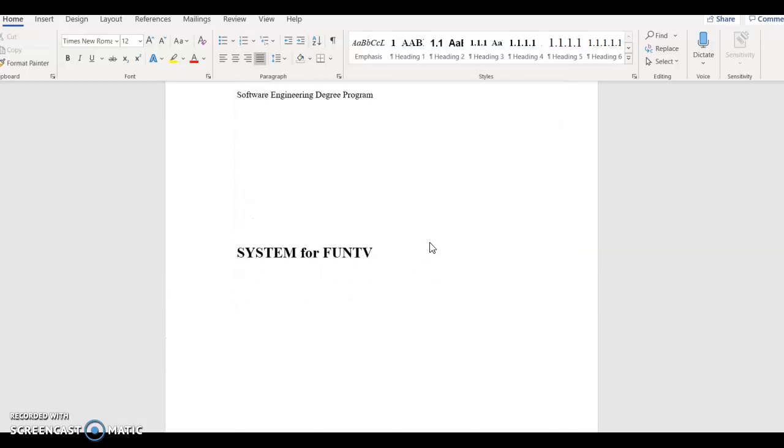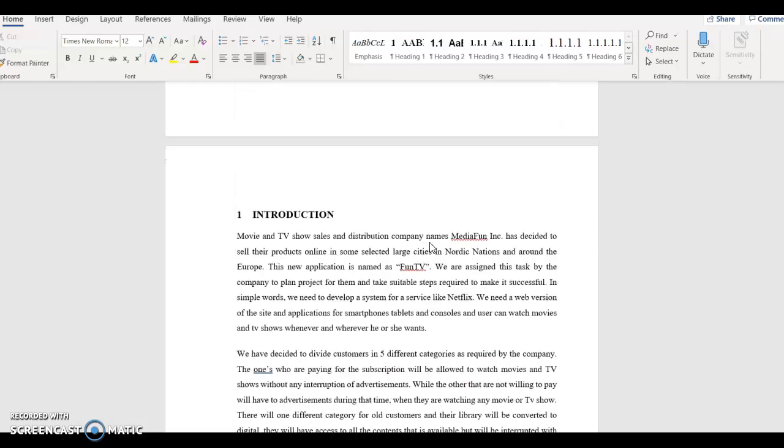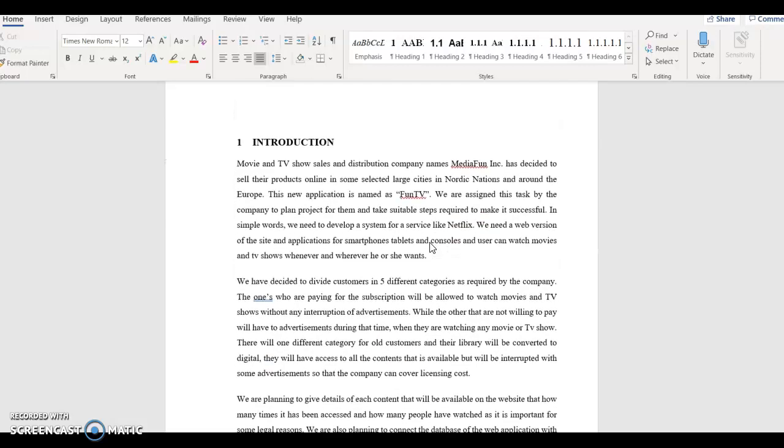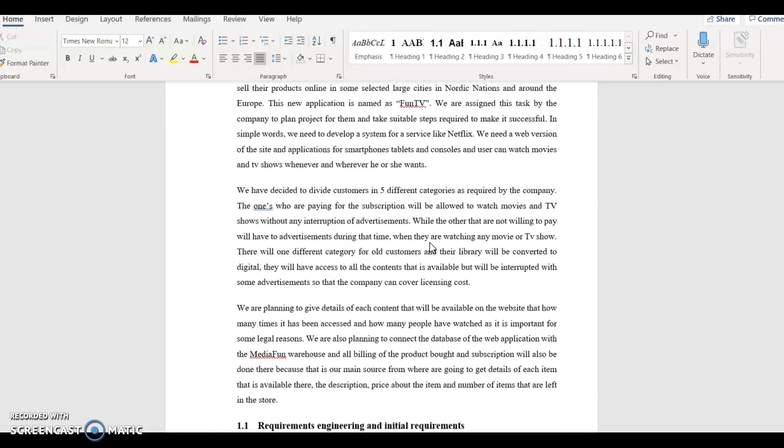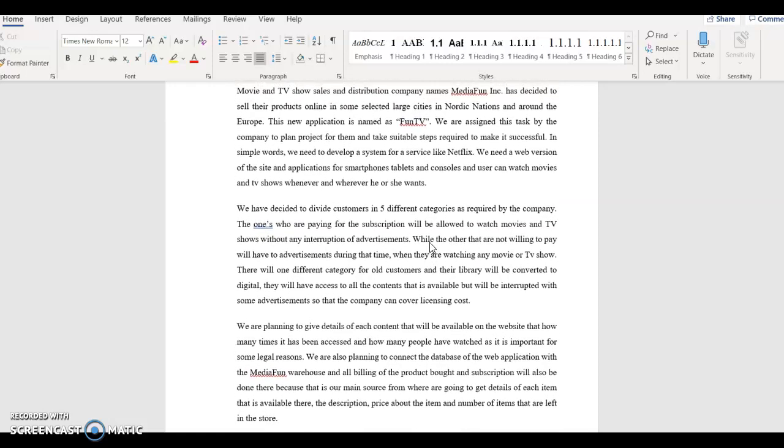So this is a report for System for Fun TV that we have made. In the introduction part, we have explained what the main aim of our design is and why we want it. We are making this design because Media Fund wants to put their stuff online and want their users to see videos and movies, for example, and TV series online, whether they are at their home